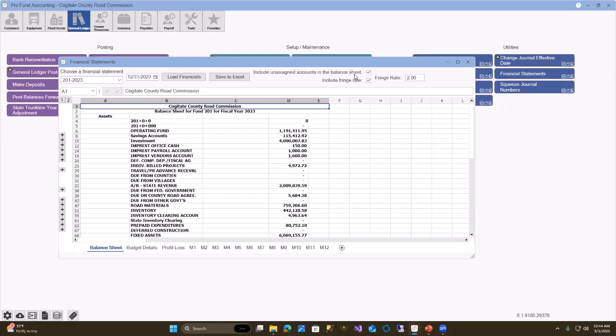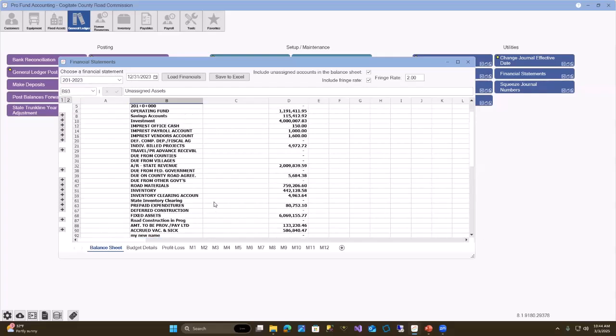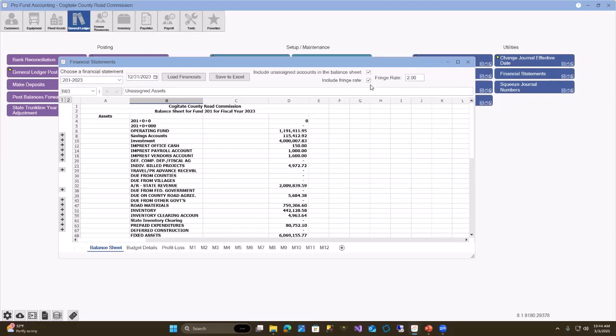There are checkboxes here. I want to include any unassigned accounts at the bottom. So you'll see a line for unassigned asset accounts that have data. If they have any dollar amounts, they'll be put here if you didn't actually assign them to any one of our balance sheet lines. And then I also want to include fringe so that way I can see the fringe column when I get to the budget details. So the first